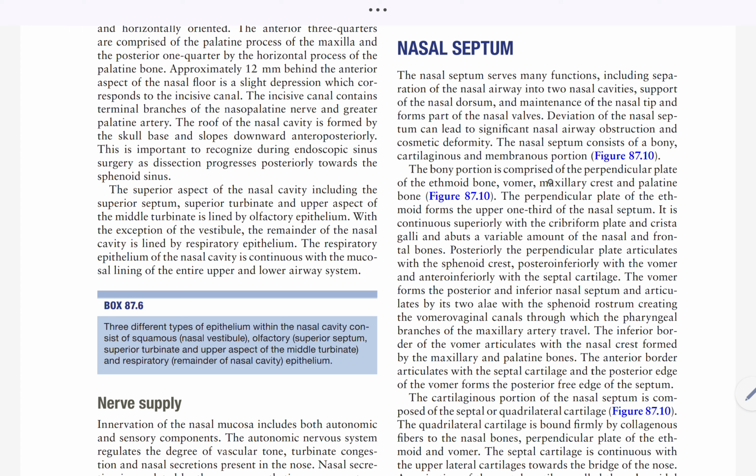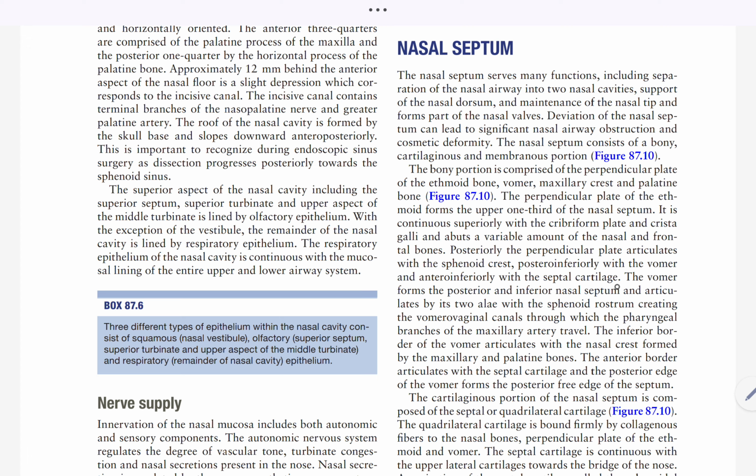The bony portion is comprised of the perpendicular plate of the ethmoid, vomer, maxillary crest, and palatine bone. The perpendicular plate of the ethmoid forms the upper one-third of the nasal septum. It is continuous superiorly with the cribriform plate and crista galli and abuts a variable amount of the nasal and frontal bones. Posteriorly, the perpendicular plate articulates with the sphenoid crest, posterior inferiorly with the vomer, and anterior inferiorly with